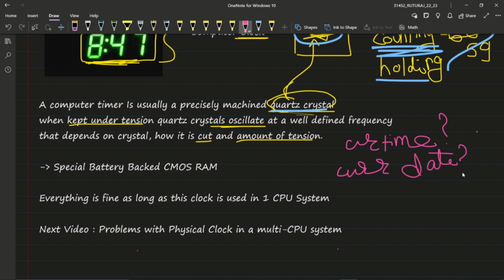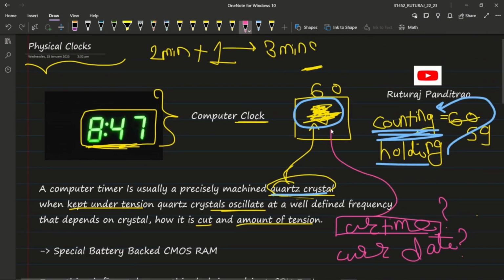Why does it need the current time and date? Because if you tell it the current time, it has a certain time value. After that it will use this quartz mechanism and, going ahead, it will keep moving the time forward by itself, right? But it needs some base value, some standard starting value. So for that starting value, it asks you the current time and the current date, because the date changes with time. When 24 hours are complete, only then does the calendar move ahead, right? So dates can be calculated with the help of time. That is why it asks you the current time.